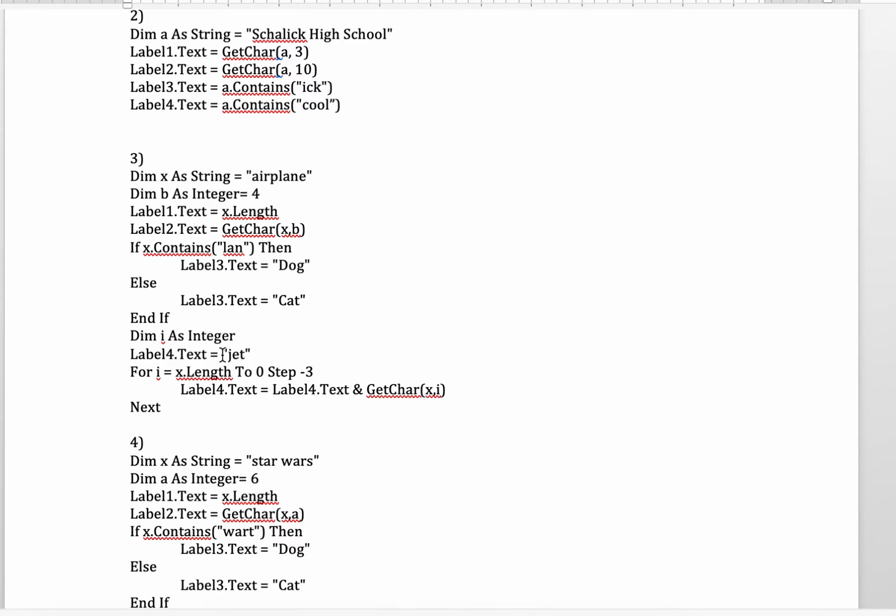Label 4.text starts out as jet, and then we have a for loop. I is going to start at x.length, which was 8, and we're going to go backwards to 0 in steps of 3. So we're going to start at 8. Label 4.text equals label 4.text, which is jet, and then we're going to concatenate the character in X, airplane, and we want the 8th character, which is the last one, so it's E. So right now it's jet E,